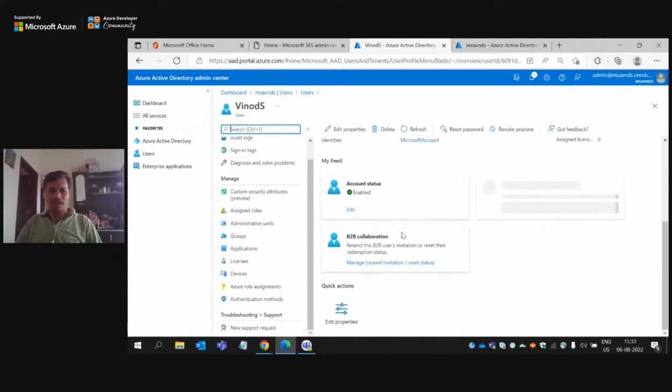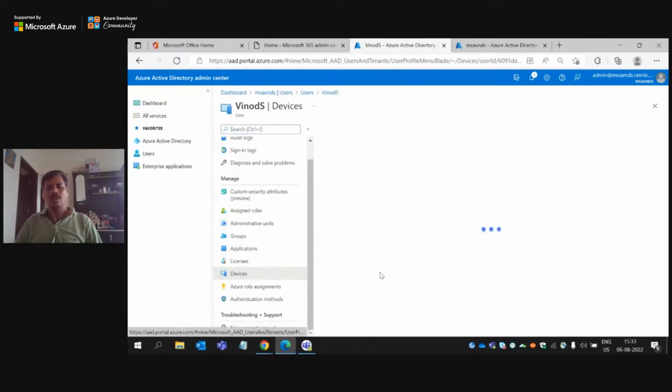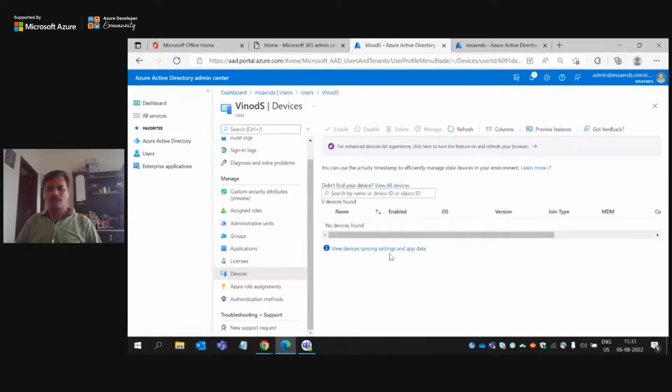Okay, so next we have devices. For example, we can see whether any particular device is assigned, or from which device this user is accessing the resources or applications that we have granted for this user account. Here it will show the device name and the entire device details, like name, enabled, OS version, join type,